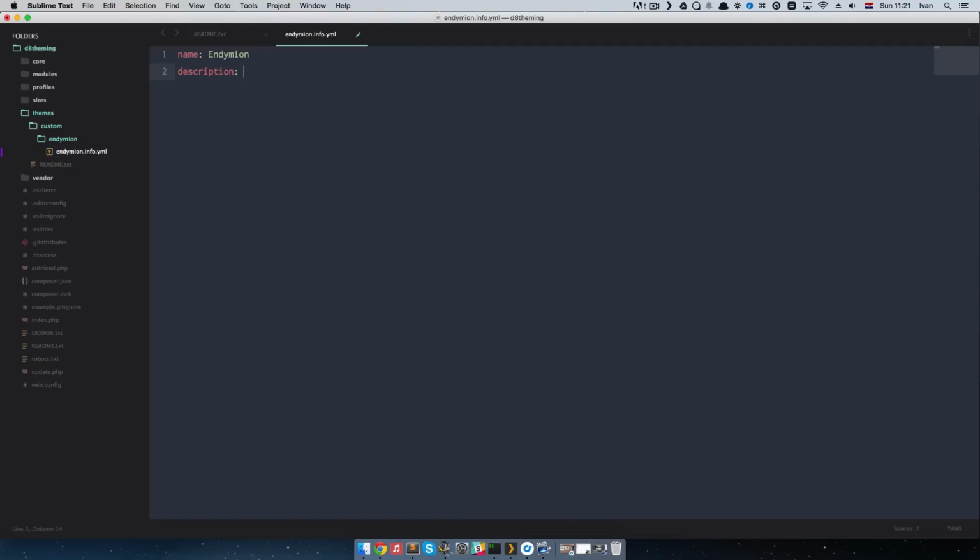And we're going to name it Drupal 8 starter theme. I'm going to call this a starter theme because I'm going to put this theme on GitHub, and I probably will be using this theme in my future Drupal 8 projects. After description,